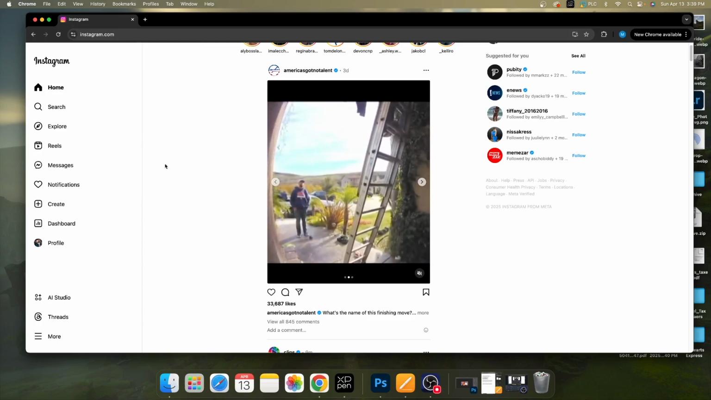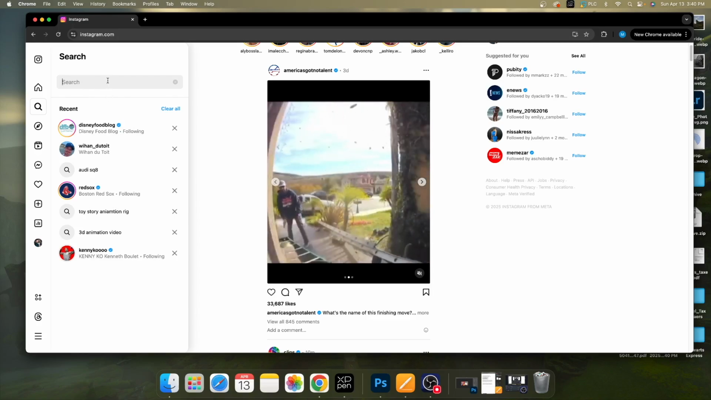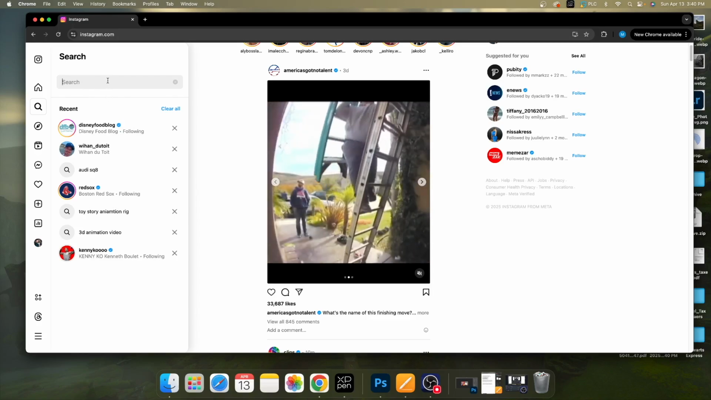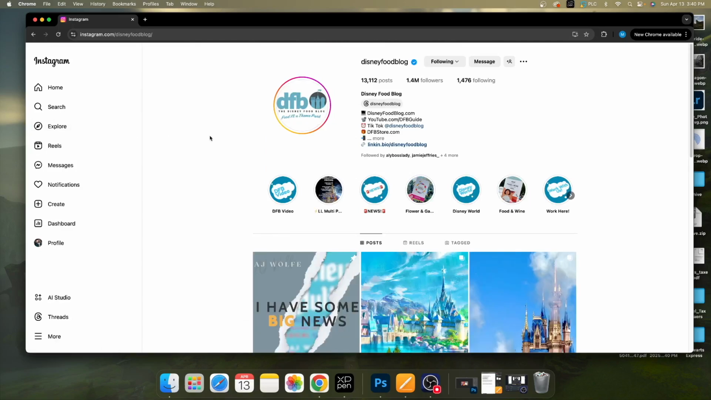So what you can do is you can either go through your friends list or just go ahead and simply type this into the search bar itself. And what we're going to do is I'll just use one of my recent searches here. I'll just go to this one here. So just like your phone, you want to come to their profile